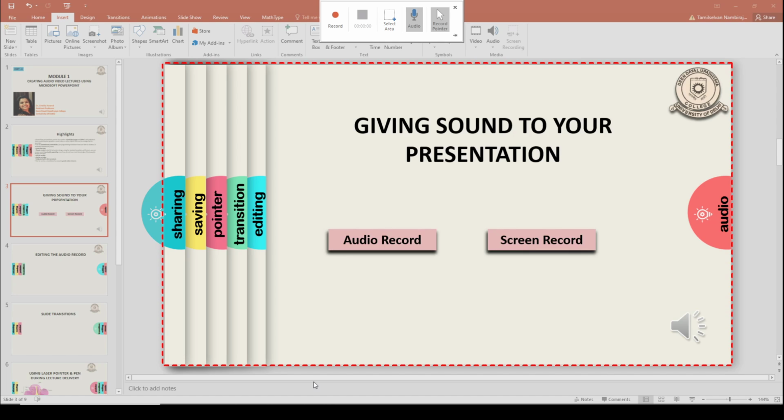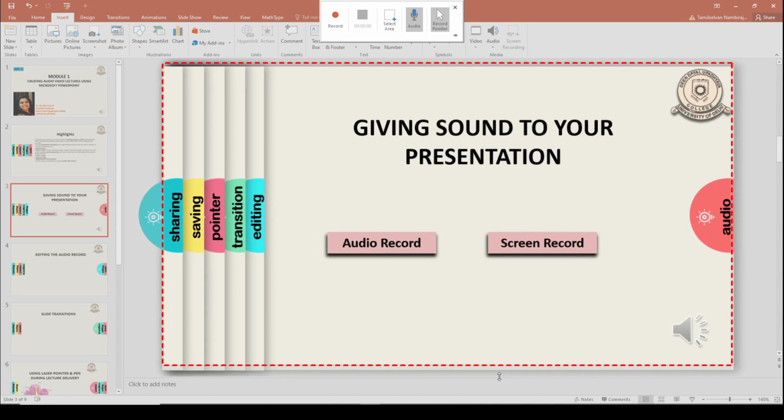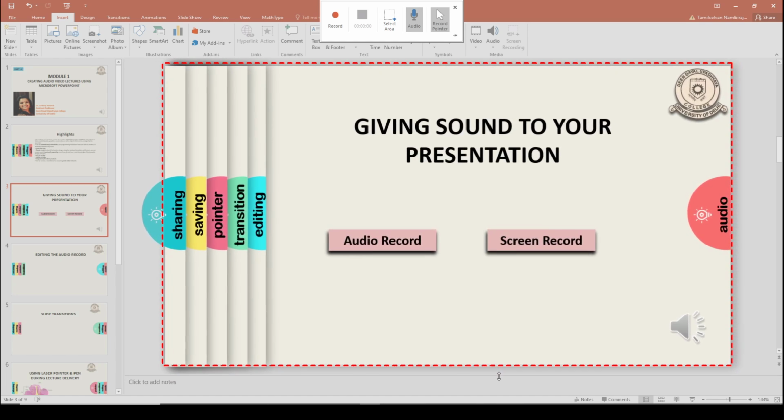Now one important thing that you can do here is that in a PowerPoint presentation, at the bottom you see a space where it's always written click to add notes. This is where you can add whatever you want to speak in your presentation. Suppose I want to record this particular slide, so I can pre-write what I want to speak on this slide.